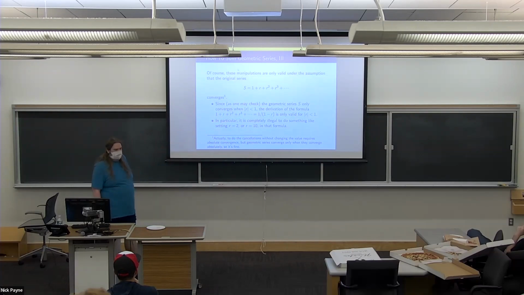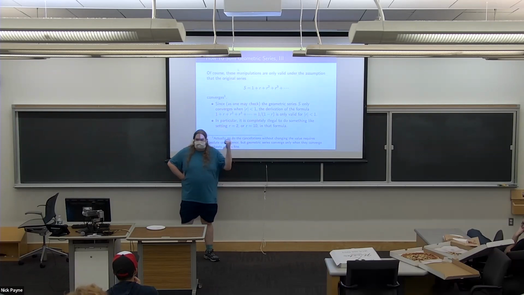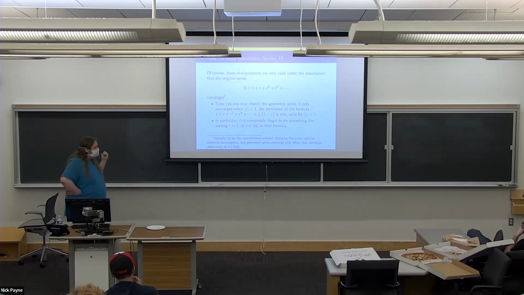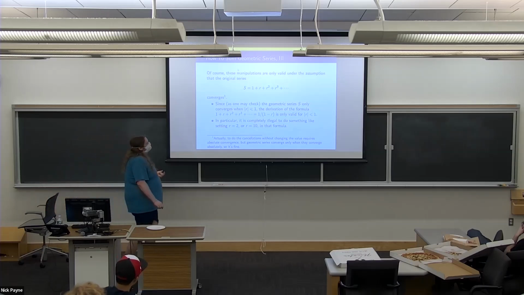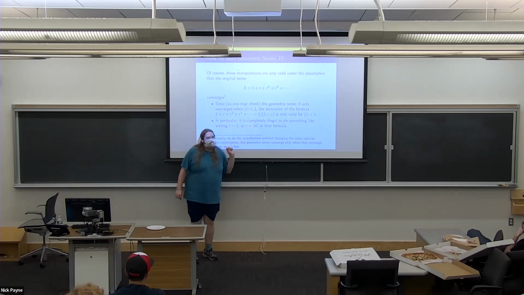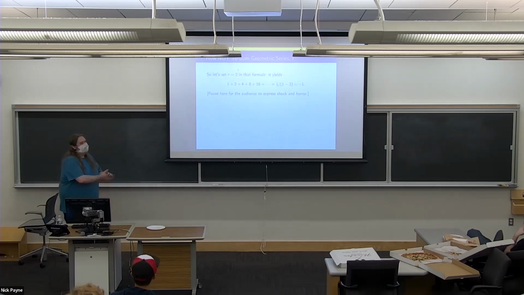So it's not really a big change. Okay. And so you can just check that the series only converges if the absolute value of r is less than 1. If the absolute value of r is equal to 1 or greater, then the series does not converge. Like the terms don't go to 0. All right. And so it's completely illegal to plug in numbers whose absolute value is bigger than 1, like 2 or 10, into this formula. So let's do that.